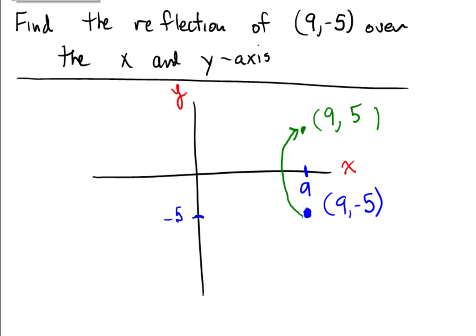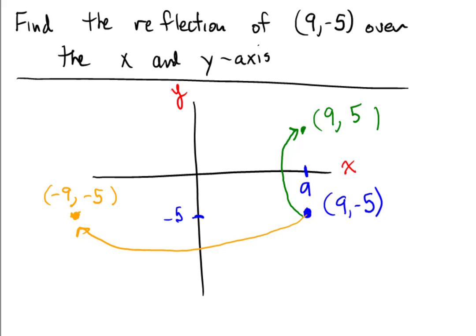Similarly, let's take the point (9, -5) and reflect it over the y-axis. Now it's going to come way over here, right? Because we have to reflect over the y-axis. So in this circumstance, what happened? Well, the x-coordinate is no longer positive. It's not positive 9, it's now negative 9. But notice that the y-coordinate, since it's still along the same height here, would still be a y-coordinate of